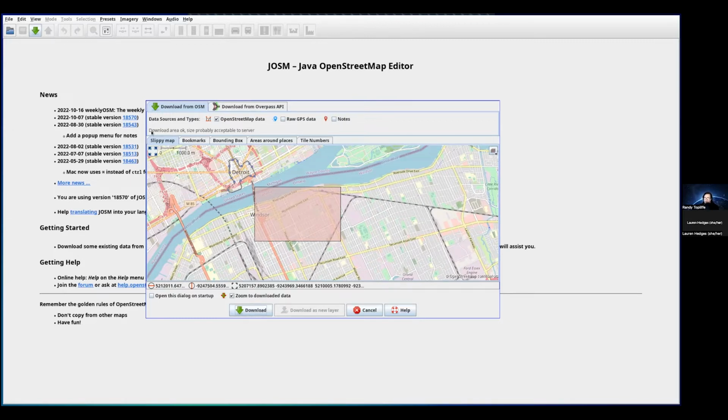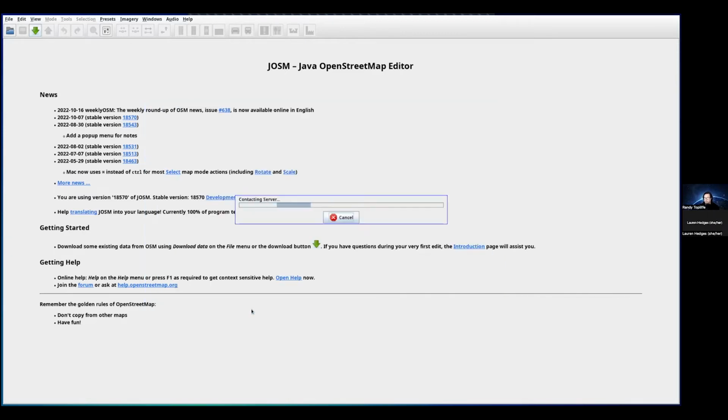Now, always verify here that the download area is okay, because again, you don't want to be downloading too much data, because one, it would take a really long time. And two, the OpenStreetMap server may or may not reject your download as well. Okay, so I'm going to go ahead and hit download now, and it will do the thing. Oh, and apparently the server is saying that the data is too large of an area. All right. So if you get that error like I did,